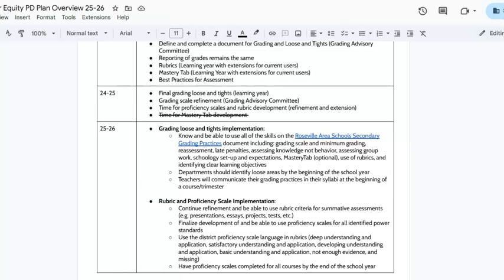As we look forward to the 25-26 school year, we are into the implementation phase of our work. The Grading Loose and Tights document is expected to be followed next year, as well as the use of our rubrics and proficiency scales. So for our Grading Loose and Tights document implementation, you should know and be able to use